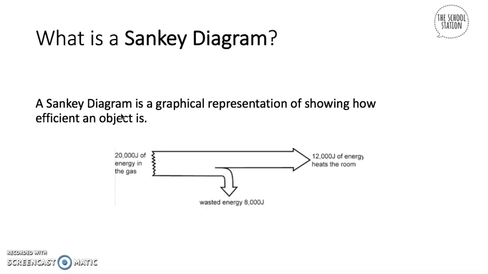For example, if you have a light bulb and you put in electrical energy, it will always come out as, let's say, heat energy and light energy. So there's always going to be a dissipated energy, and there's going to be a useful energy. However, during the exams, we have to know how to present this. Therefore, a Sankey diagram helps us, because a Sankey diagram is a graphical representation of showing how efficient an